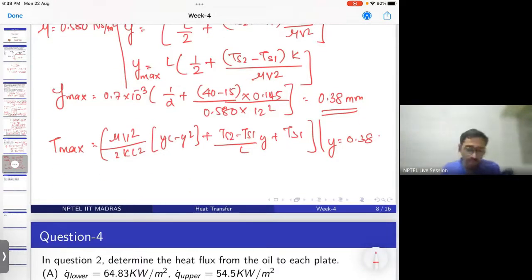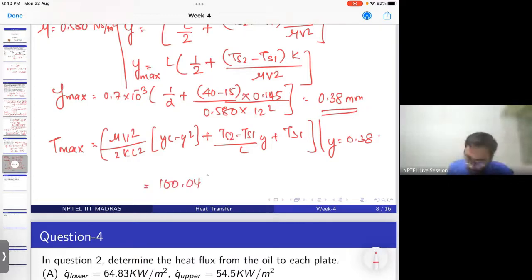Everything is given: mu, v, k, L, y. We have to substitute y as 0.38 mm and L as 0.7 mm. So be careful about the units. You use whatever units are convenient, but it is better to convert to meters. If you substitute all these values, you will get Tmax as around